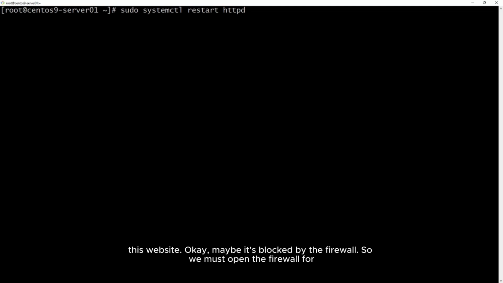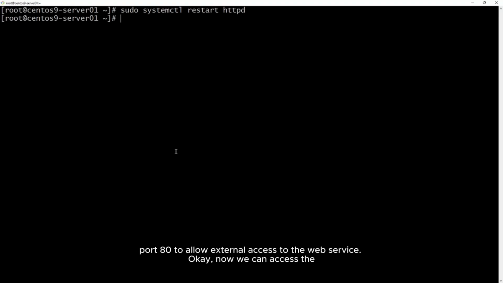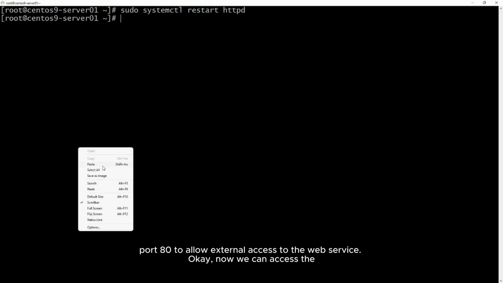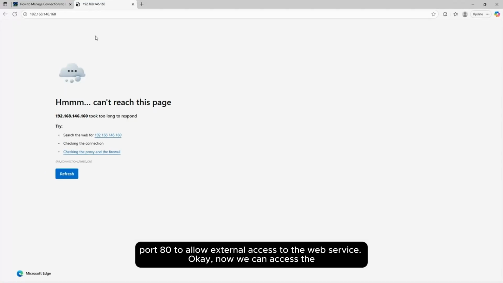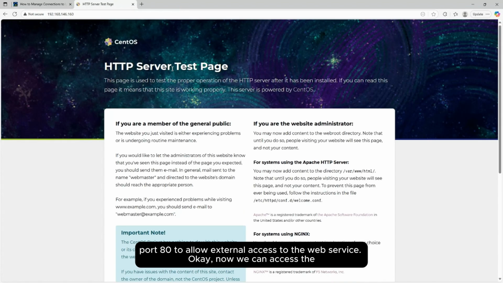So we must open the firewall for port 80 to allow external access to the web service. Okay, now we can access the website.